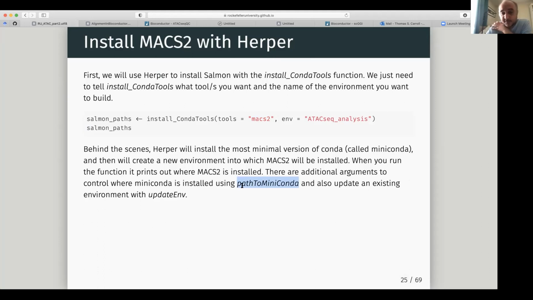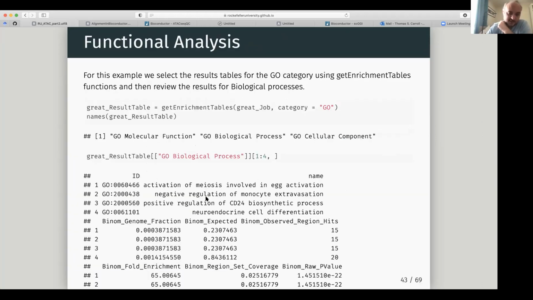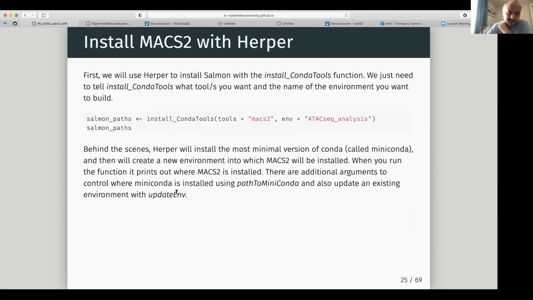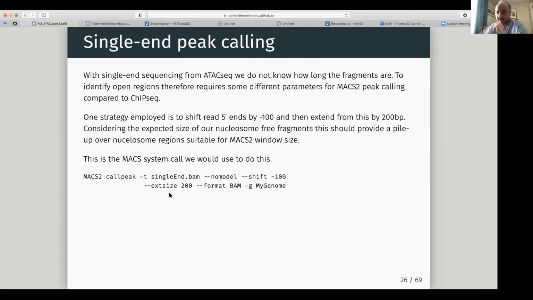I did mention this, but there are two additional arguments for this. Path to Miniconda means you can set not to use the default location. You can install this anywhere you want on your machine. Default location is pretty good. Update env: if you want to include new tools in your environment, you're going to have to say update env equals true. So given that we managed to get Herper installed, and that can get our external program in a place that we can take advantage of and use,